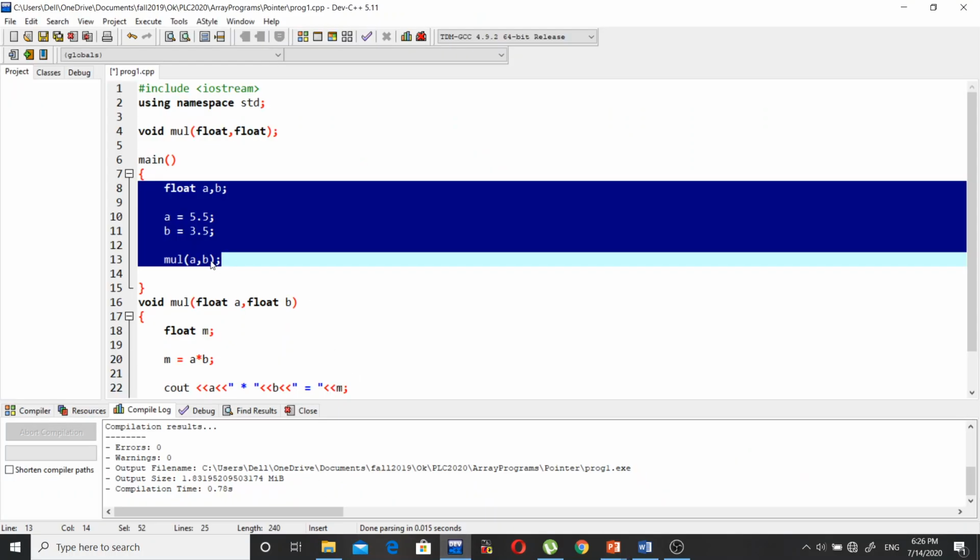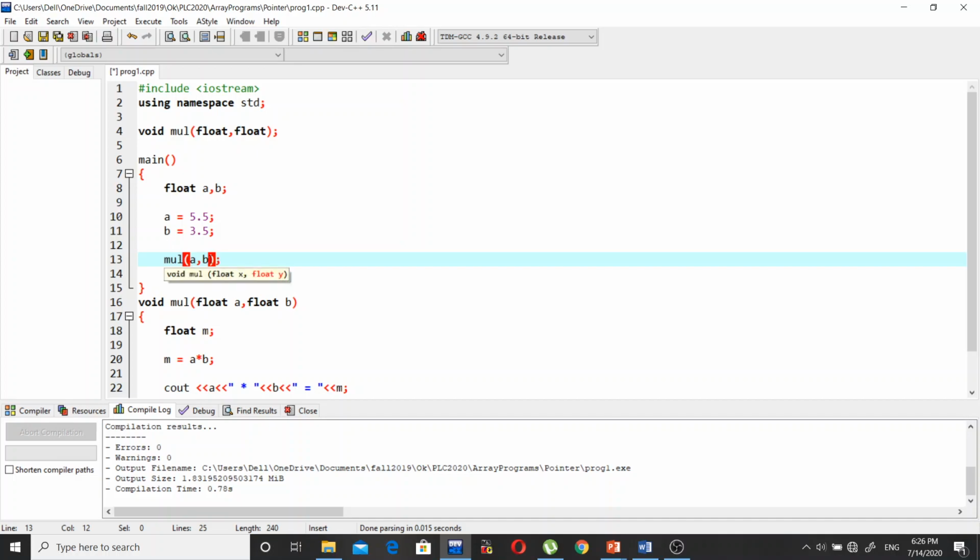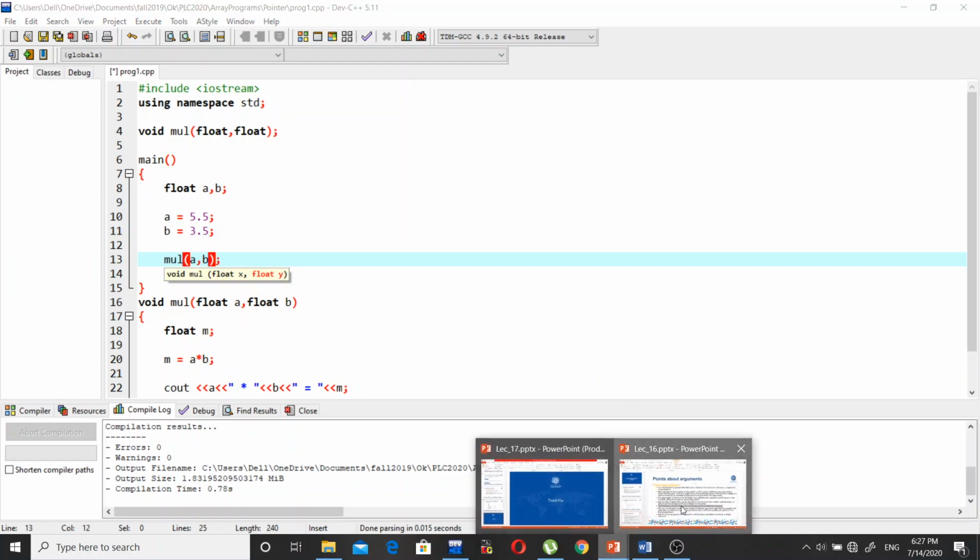Here in this case, I have used the same name for both the actual argument and the formal arguments, so the compiler will treat them as different variables, because one is declared inside the main function and the other is declared inside the mul function. That's why they will be treated